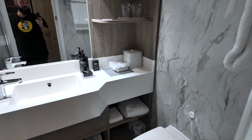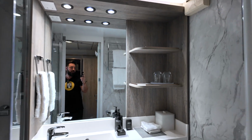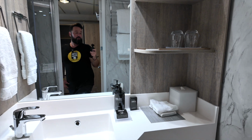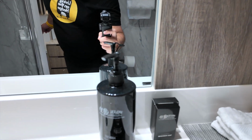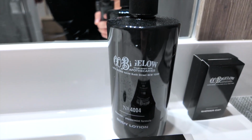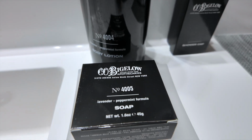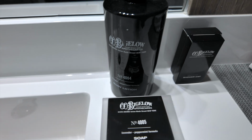You have your upgraded amenities for the Aqua class, and I think, if I'm not wrong, those would be the same ones for, of course, the concierge rooms. And I might mispronounce it, but I think it's the Bigelow. So you have your bar of soap, you have body lotion, shower cup,